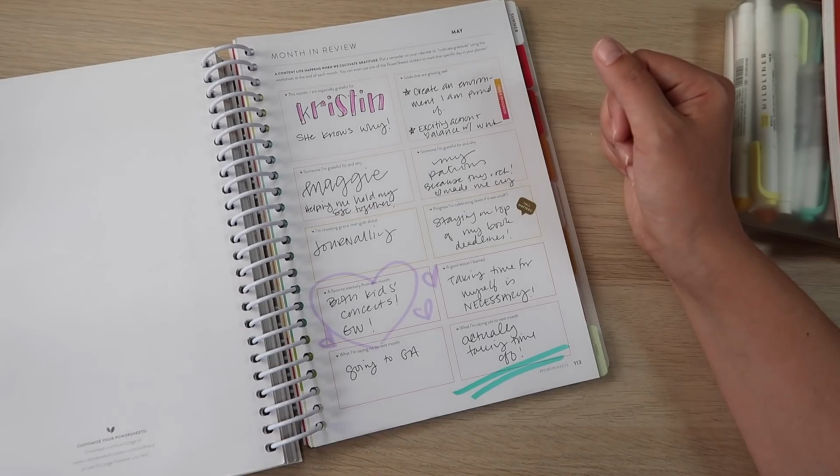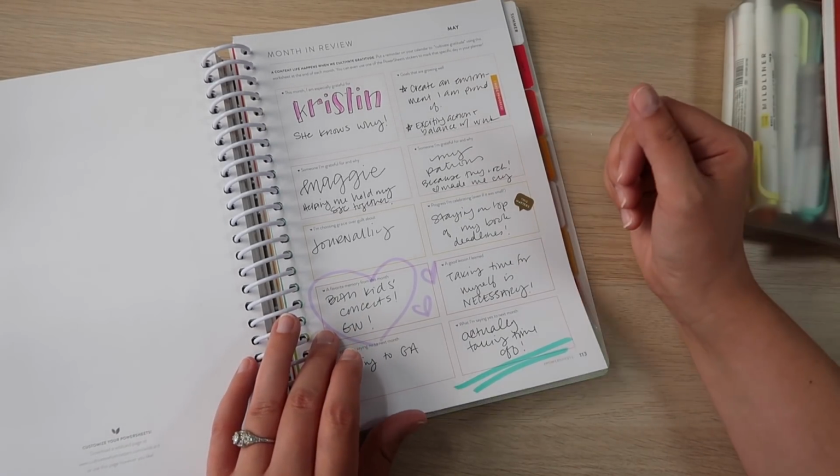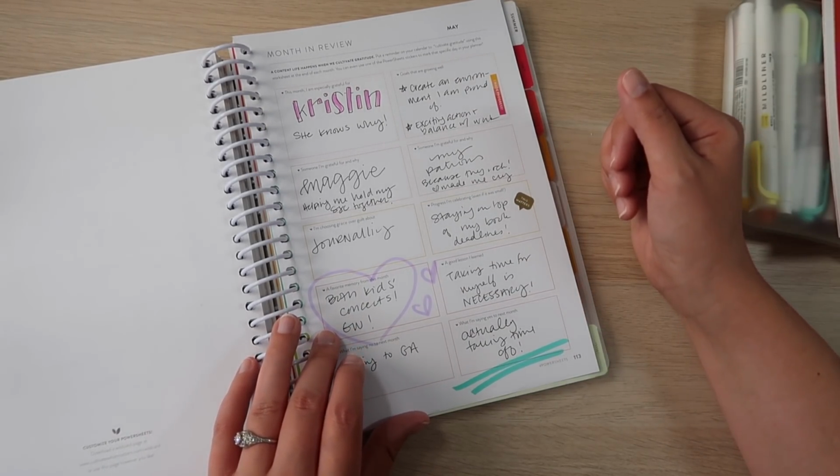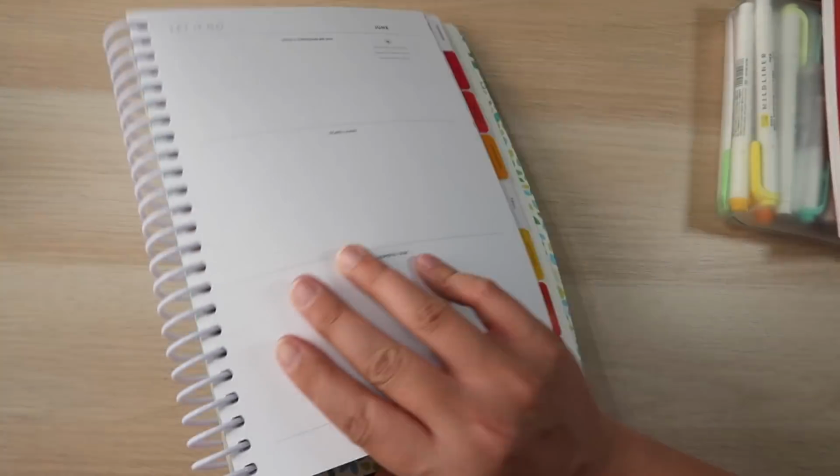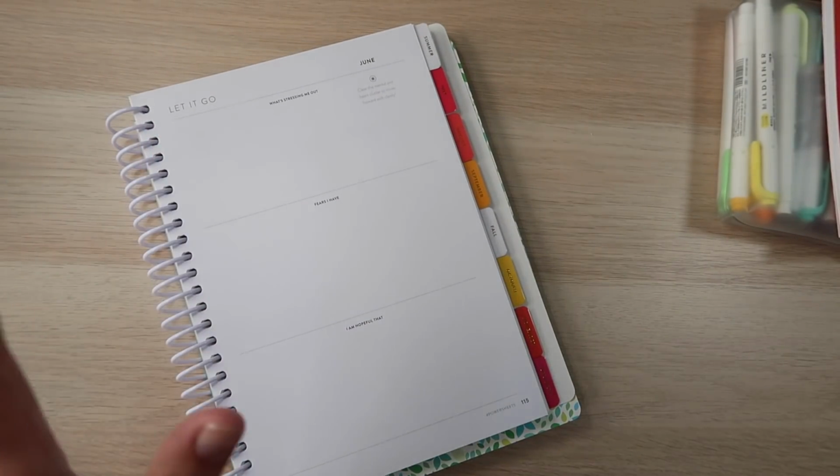And what I'm saying yes to next month: actually taking some time off. When I go visit my sister, it will be nice maybe to manage to not work on at least a couple of the days I'm there. Now we're into June, time to let it go: what's stressing me out, fears I have, and I am hopeful that